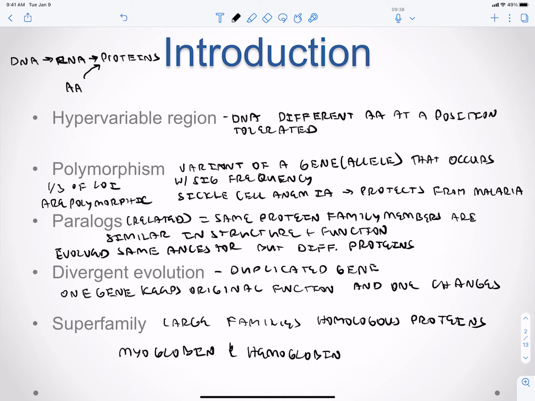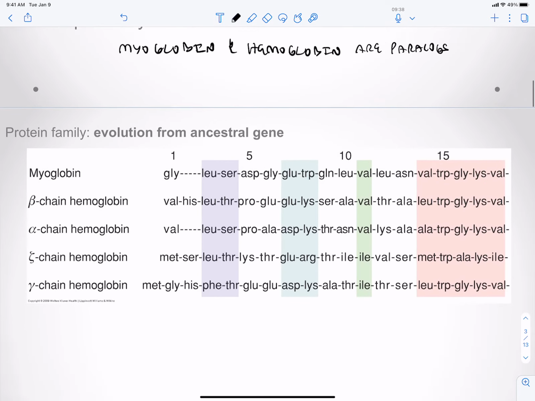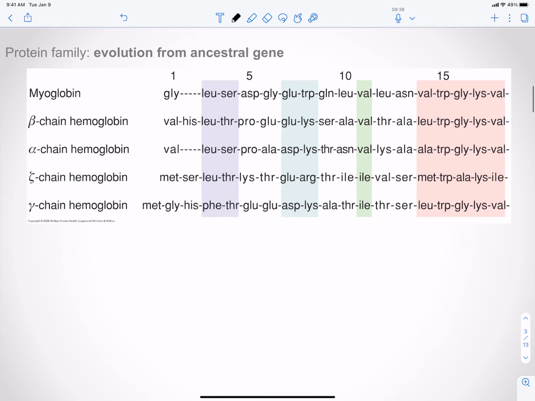And myoglobin and hemoglobin are actually also paralogs. So protein families are going to evolve from some sort of ancestral gene. So here we're showing our myoglobin, and we have our different chains of our hemoglobin. We have a beta chain, an alpha chain, a zeta chain, and a gamma chain. And so for myoglobin,